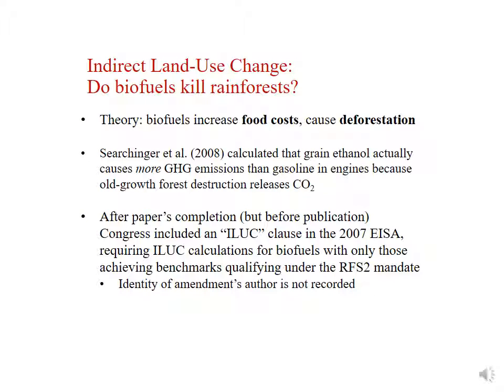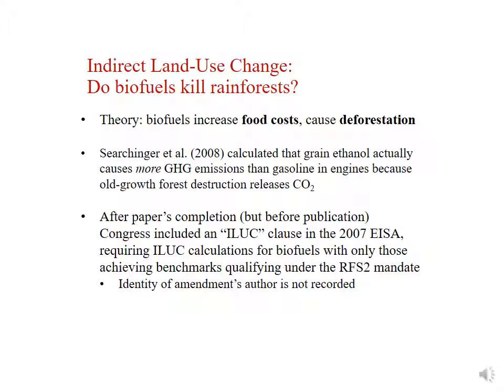The theory behind this is also supported by the idea that by producing biofuels and taking land away from food production, not only are we requiring that a less productive part of the world produce that food, but we're also increasing the cost of food by increasing competition for land. This question or this theory is difficult to test because a lot of these impacts are global in nature, are dynamic, take time to be observed, and involve a lot of different actors.